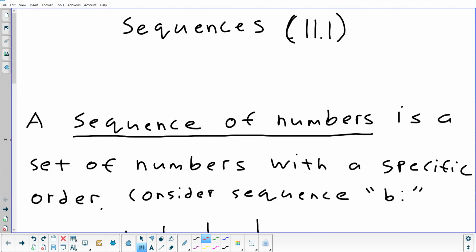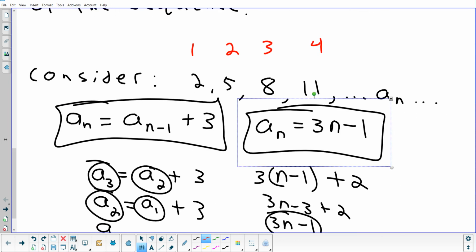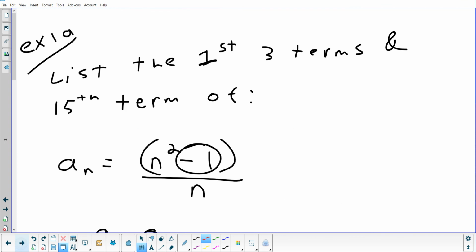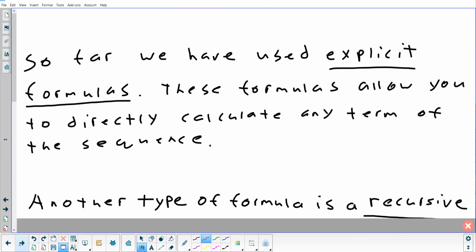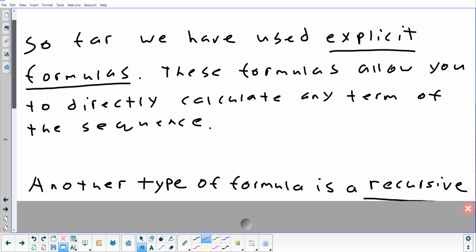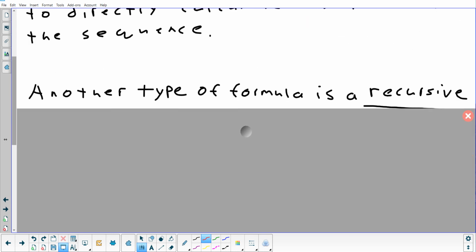Let's look at this one. This is recursive. That is not explicit. Recursive means it depends on the one before it to get the next one. We don't want to depend on the one before it. We want to be able to find any term directly. That's the best formula. Okay. So explicit, you can find any term directly. Recursive,